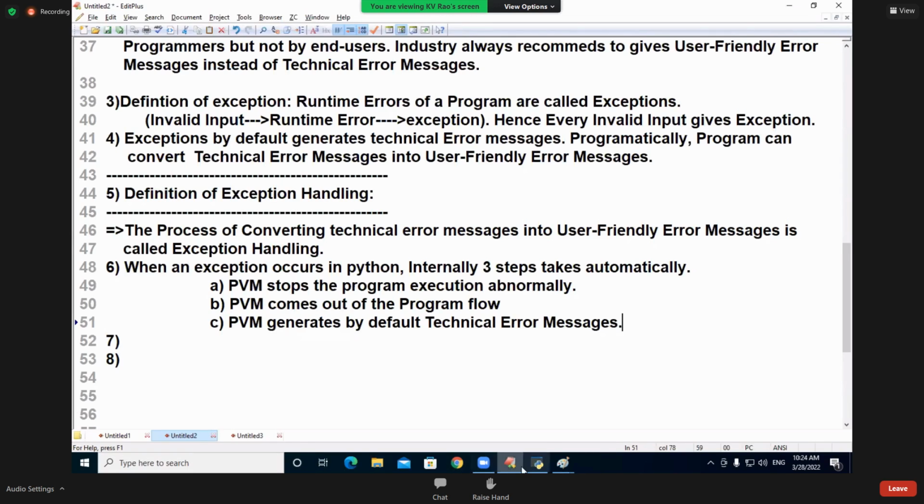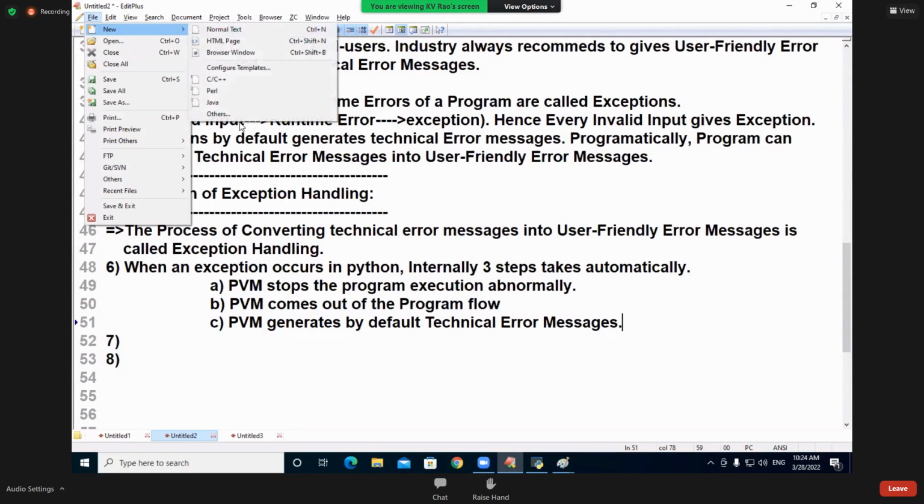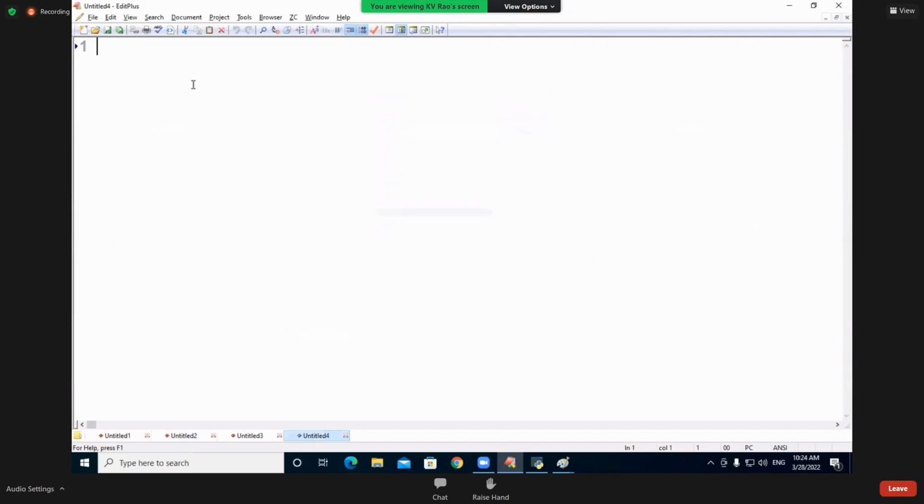All of a sudden, go to the example immediately. See students, carefully observe it. In Python, I'm writing here something like ex1.py. I'm saying a is equal to 10, b is equal to 0. Print the value of a is equal to, comma, a.